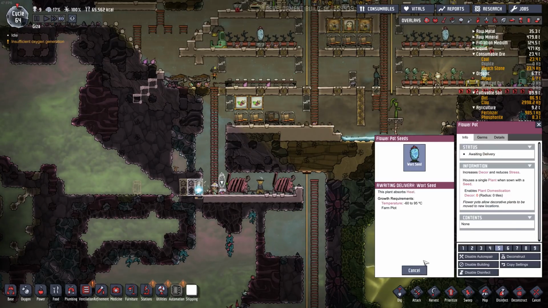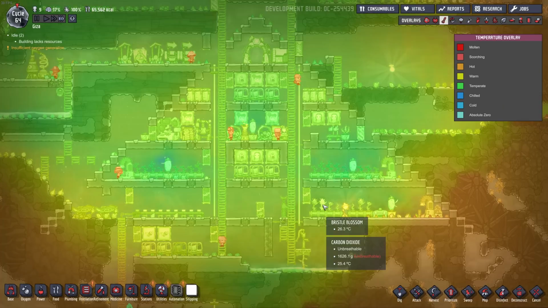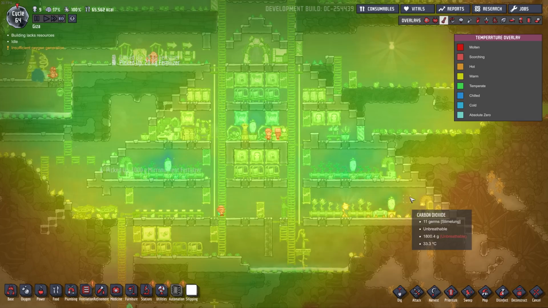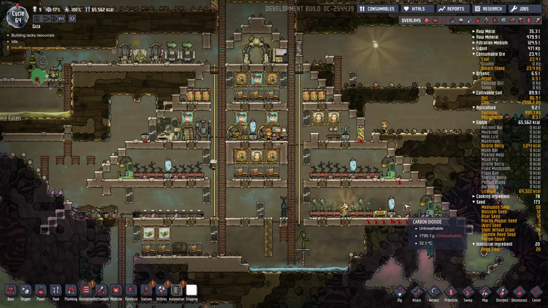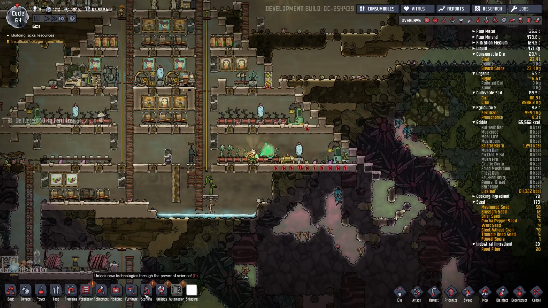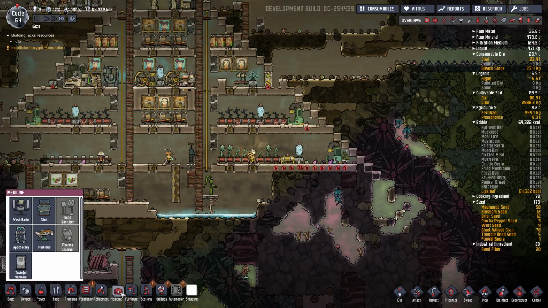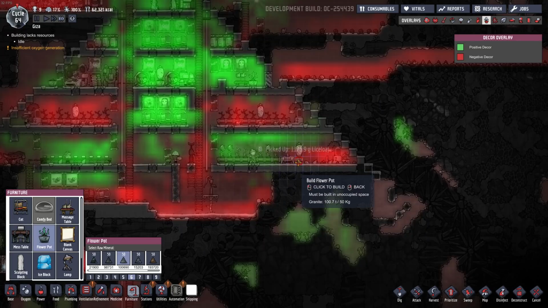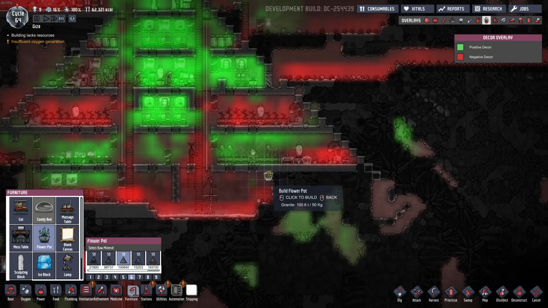Oh, and we got 5 wheezeworts now. Any other hot spots we can deal with? Things are pretty good temperature-wise. 28 over here. By planting them over here, at least we're getting them out of the cold biome. So we'll put another one here. It's kind of a waste, but...